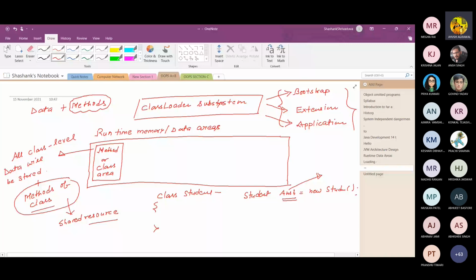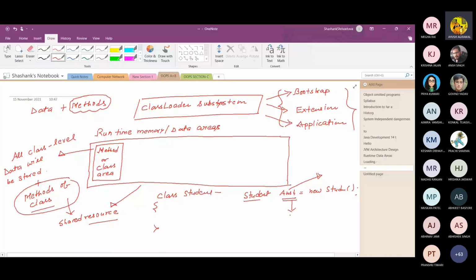Whatever objects are created with the help of the class, all the objects share the method area where the methods of the class are stored. But each object has its own copy of data.